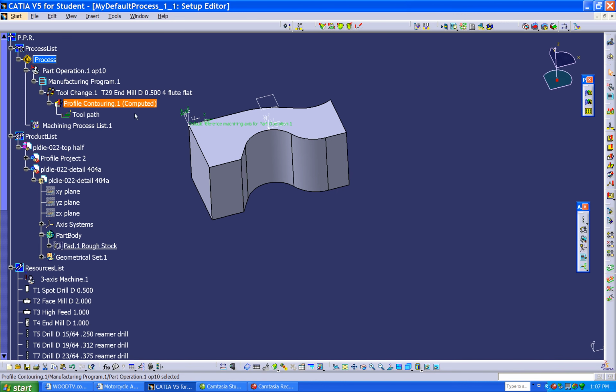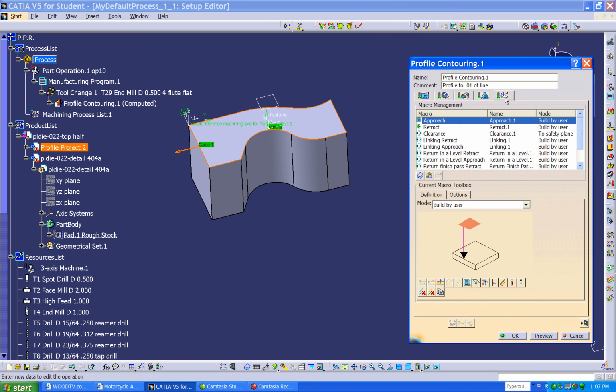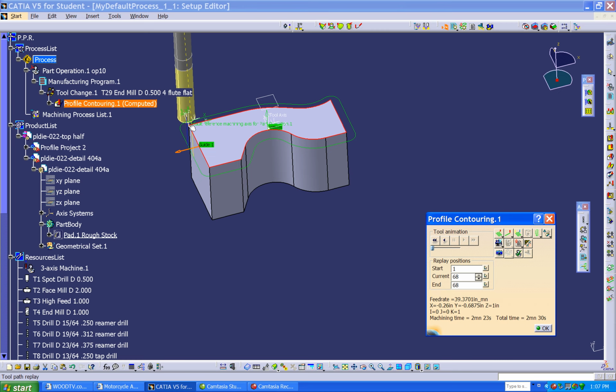Okay, we want to generate an approach and retract for the last toolpath we just ran. So I'm going to go to my last tab over here where the approach and the retract is. They have a default up to safety plane. As long as the safety plane is being selected in the part operation up here by default, we don't need to reselect it. But if you remember our toolpath, that's exactly what the toolpath did, is it came up to